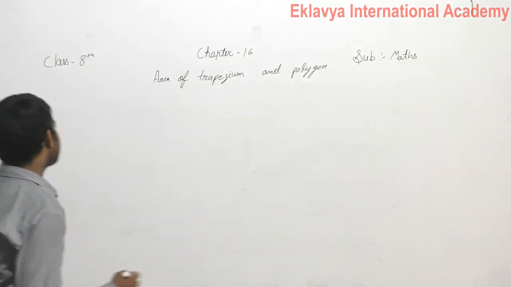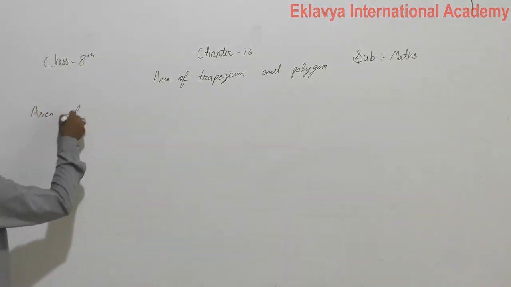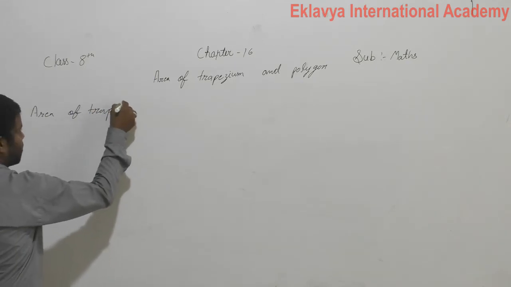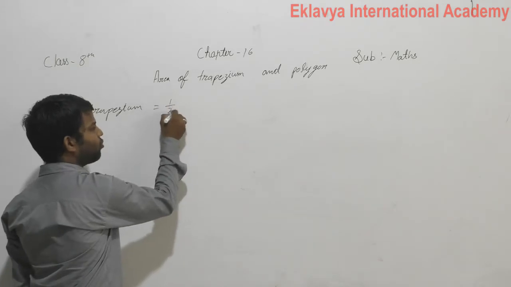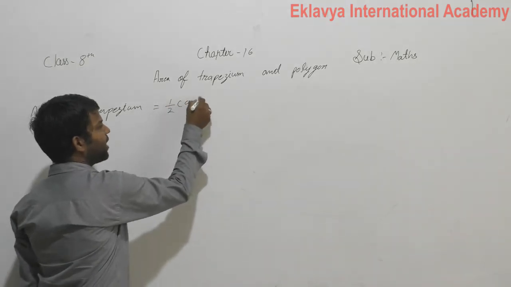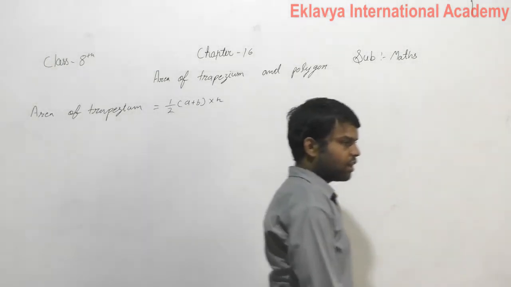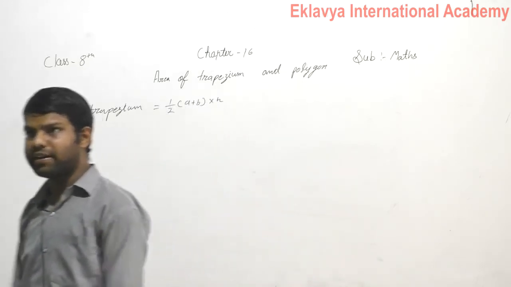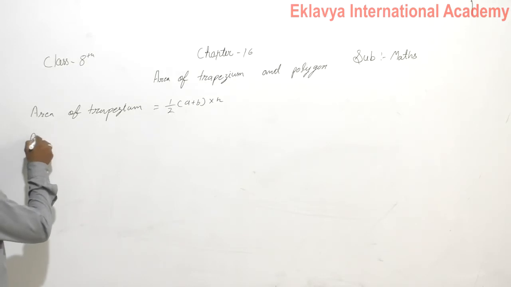Then area of trapezium we will see here. It is equal to 1 upon 2 bracket sum of parallel sides multiplied by height, or distance between them. Now today we will discuss the area of polygon. So area of polygon, in the polygon